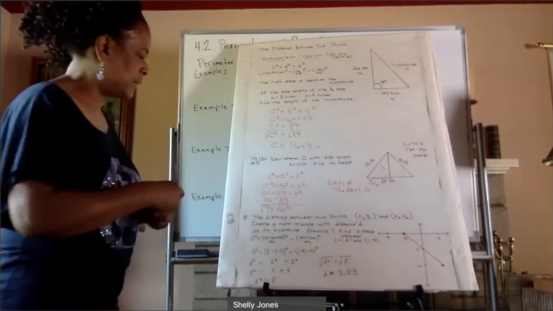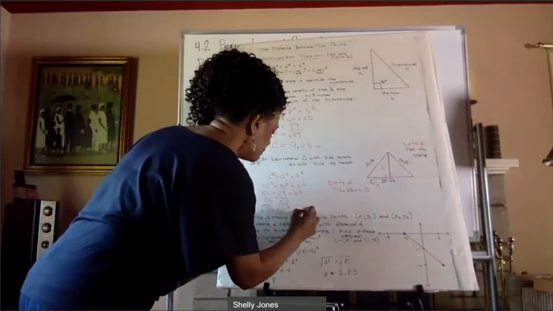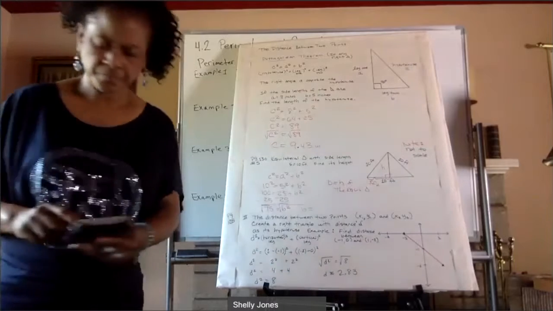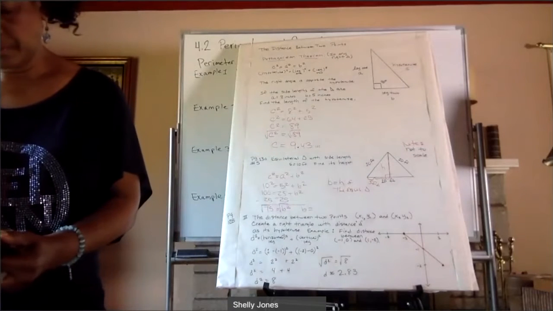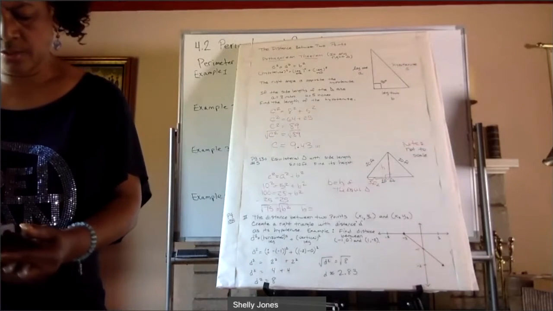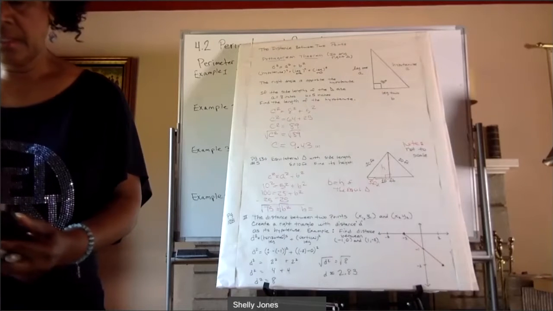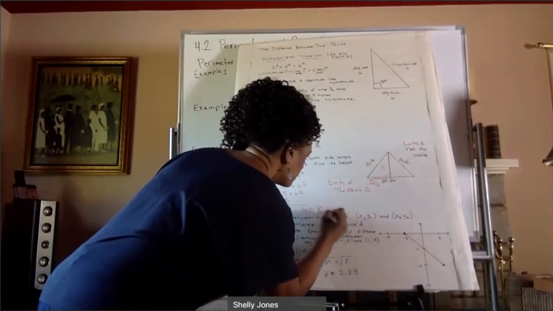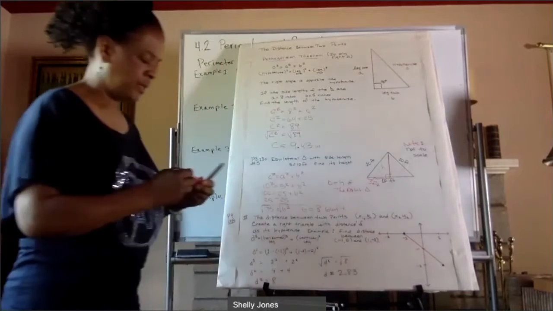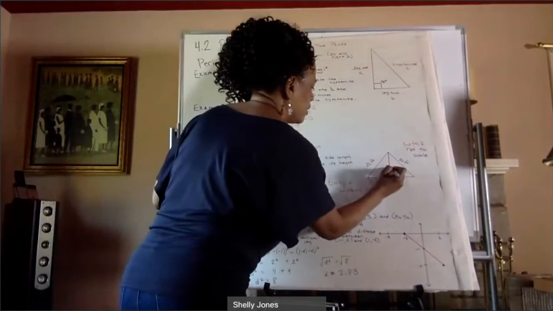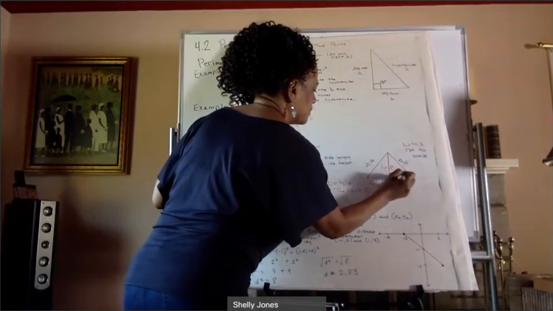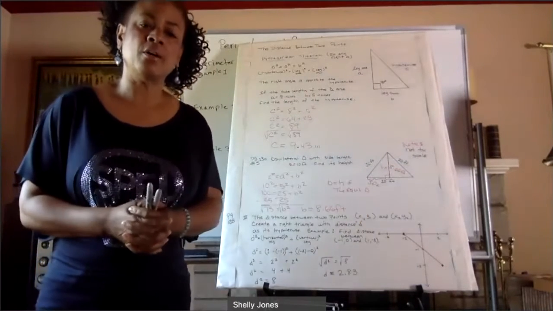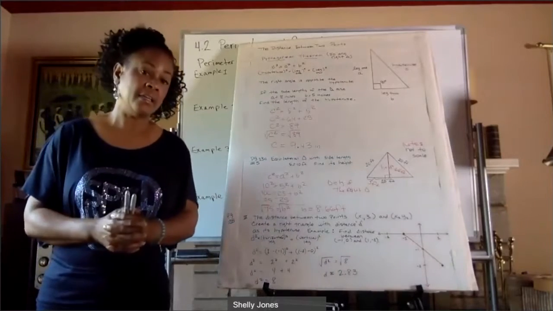Square root both sides, and I have b equals the square root of 75, which is, let's see, second square root 75, 8.66 feet. So my height here equals 8.66 feet. So I found one of the legs of the right triangle, and it happens to be the height of the